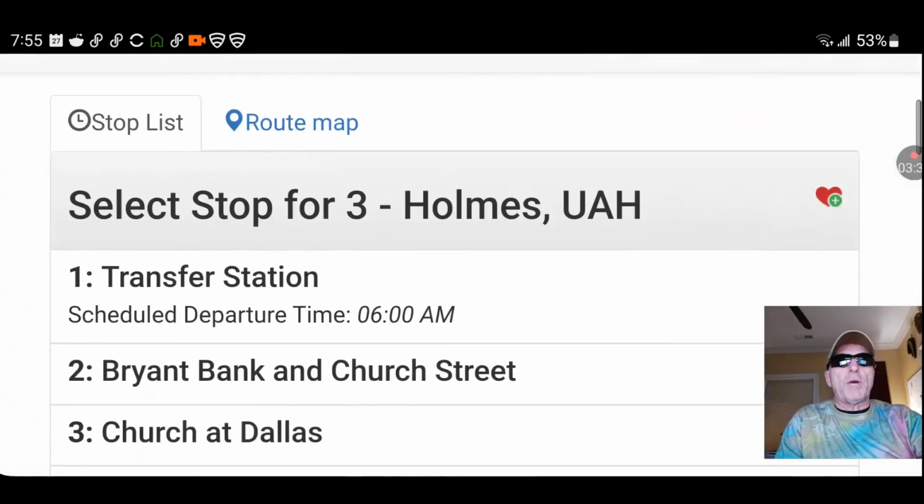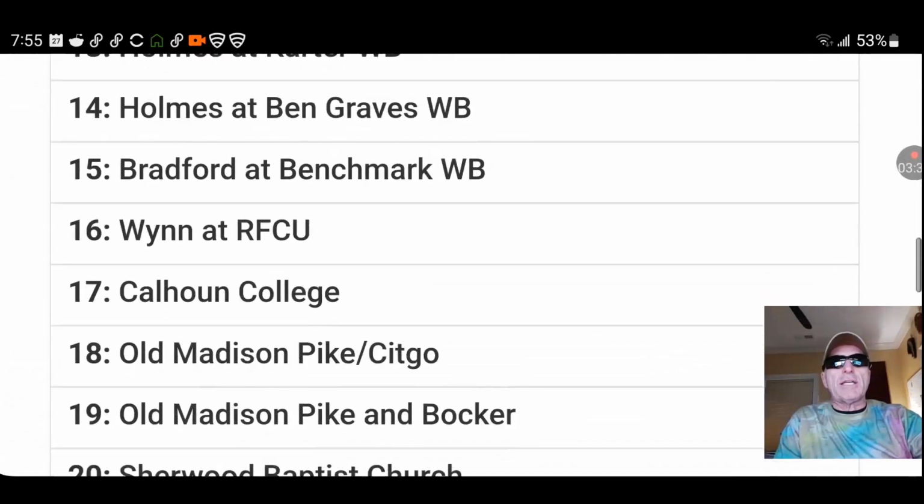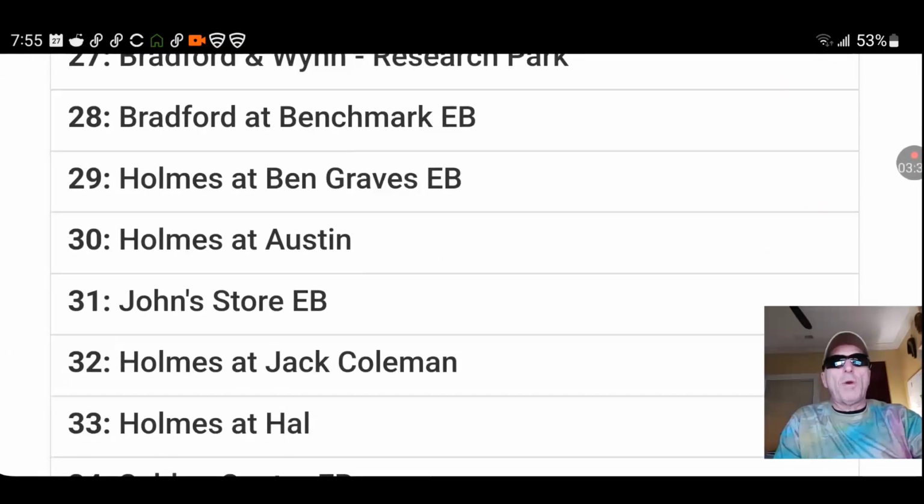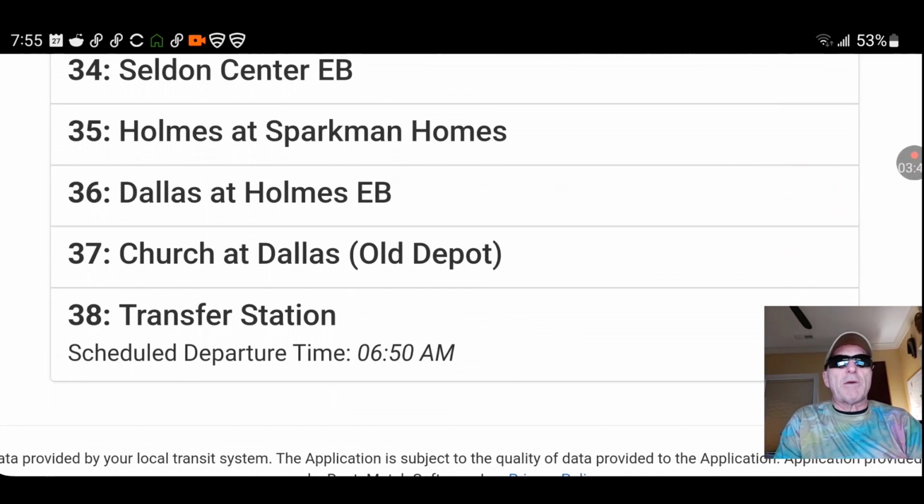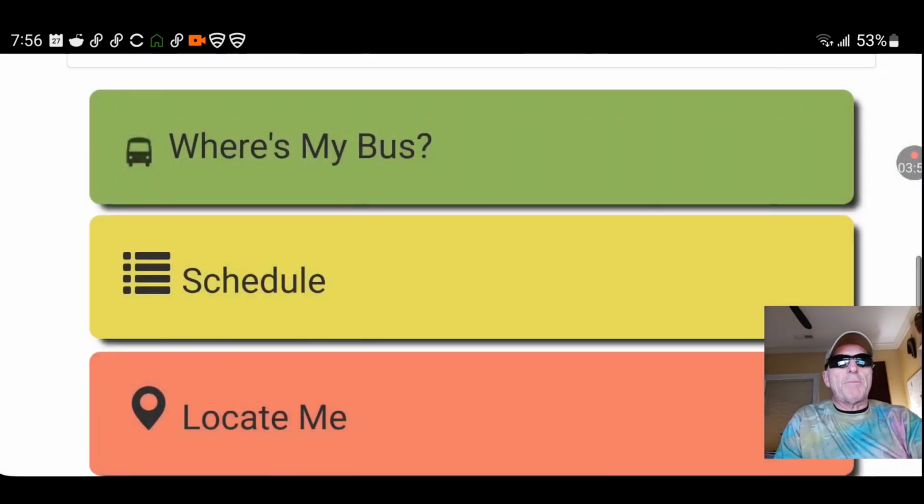From the transfer station, it goes all the way through these 38 stops, all the way back to the transfer station. It takes approximately 50 minutes to make that particular loop for Route 3. Let's back up. Now we're going to go to locate me, and I think this is probably the most technical